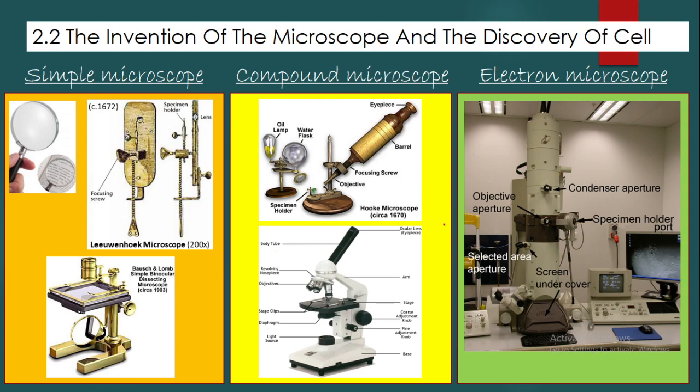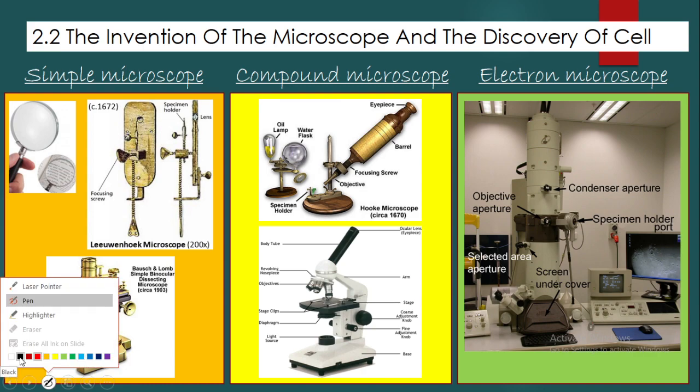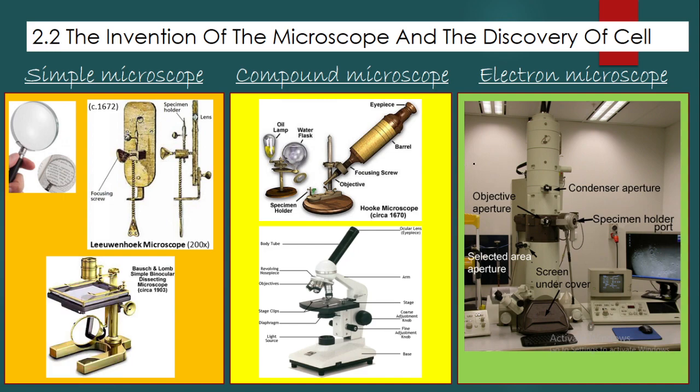Sometimes it is essential that we also study the structures inside the cell, what we call the cell organelles. When we want to study the structures inside the cell, the size will be close to the nanometer range. To study those kinds of structures, we need a special microscope known as the electron microscope.